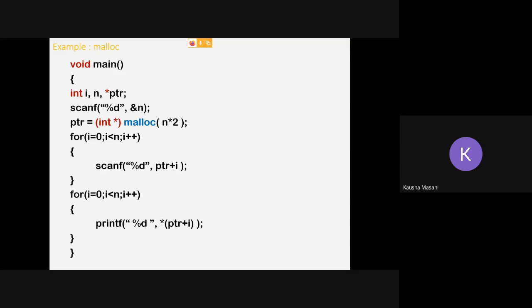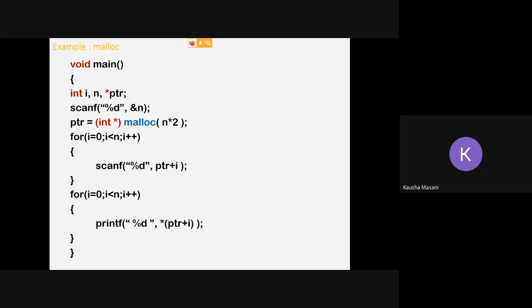So I'm including one scanf statement here, and with the help of that scanf I'm taking the value of n. Whatever n value I get, that is what I am passing here: n star 2, or n star 4 if I know it is a modern compiler.